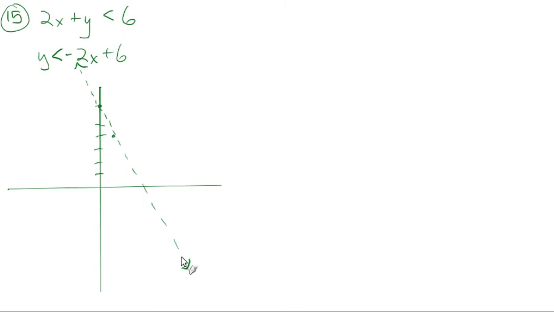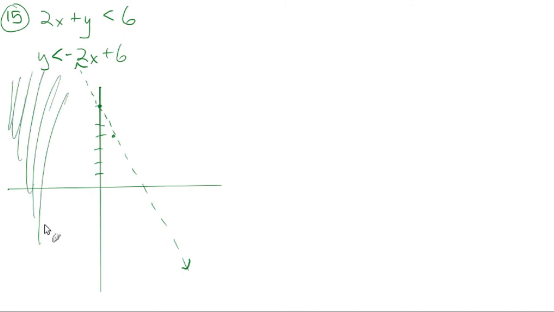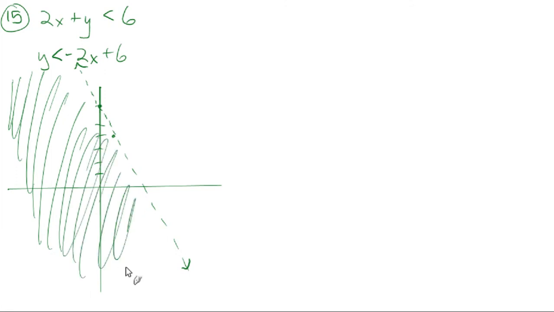It's going to give you points on this line. So the points that are below this line will make this y less than the values you get on the line. So less than would be below, greater than would be above. Let's test this theory with the point 0, 0. I'm saying that since the y values that are below this line should be less than the y values on the line,